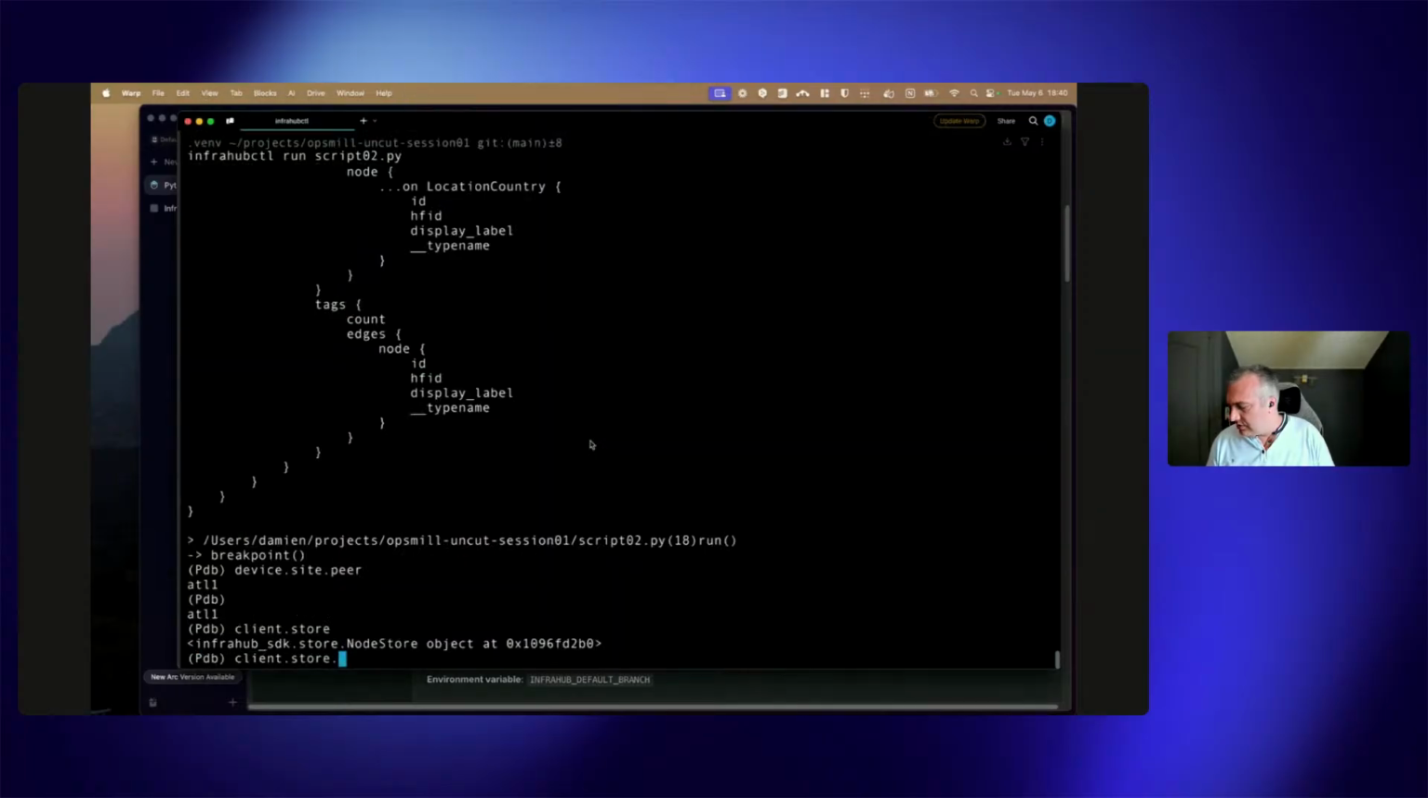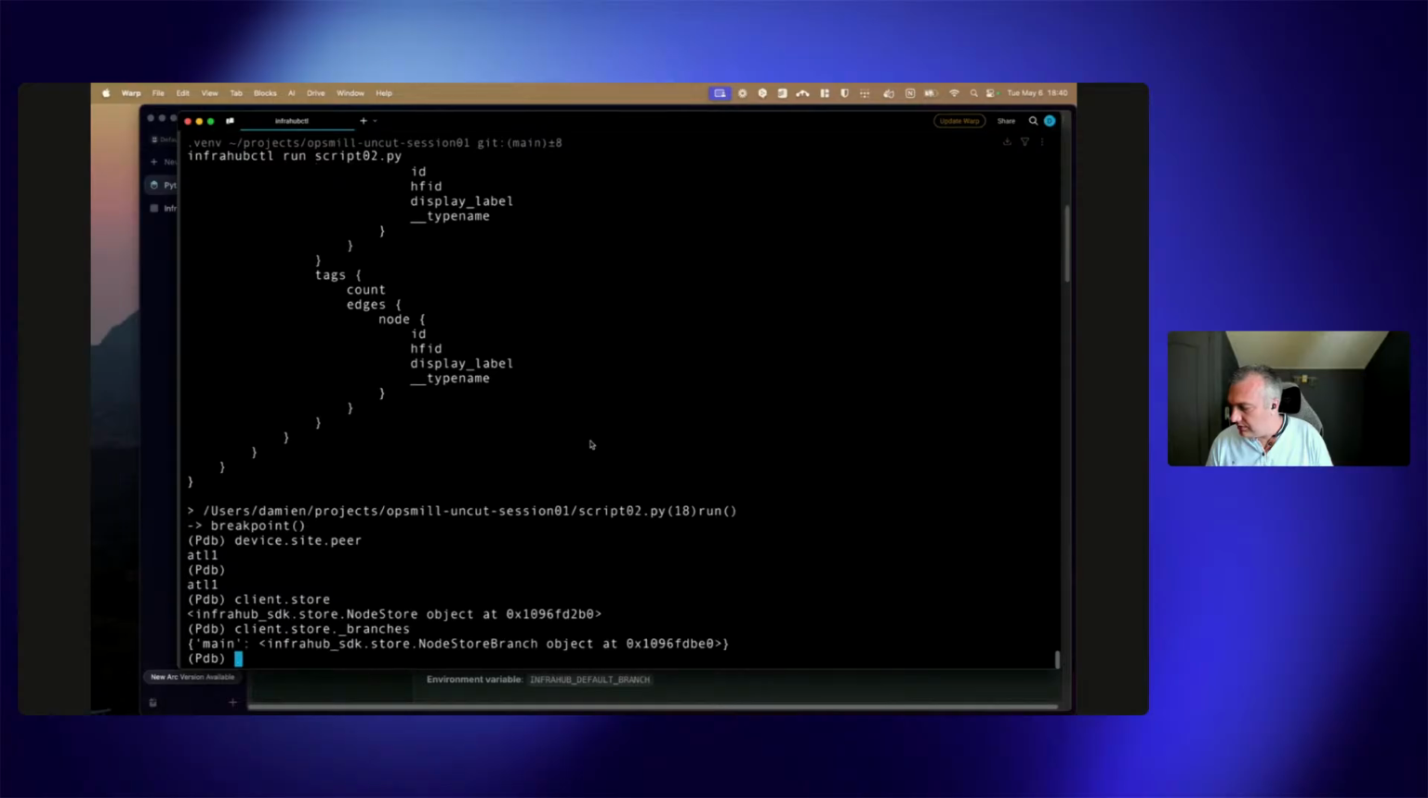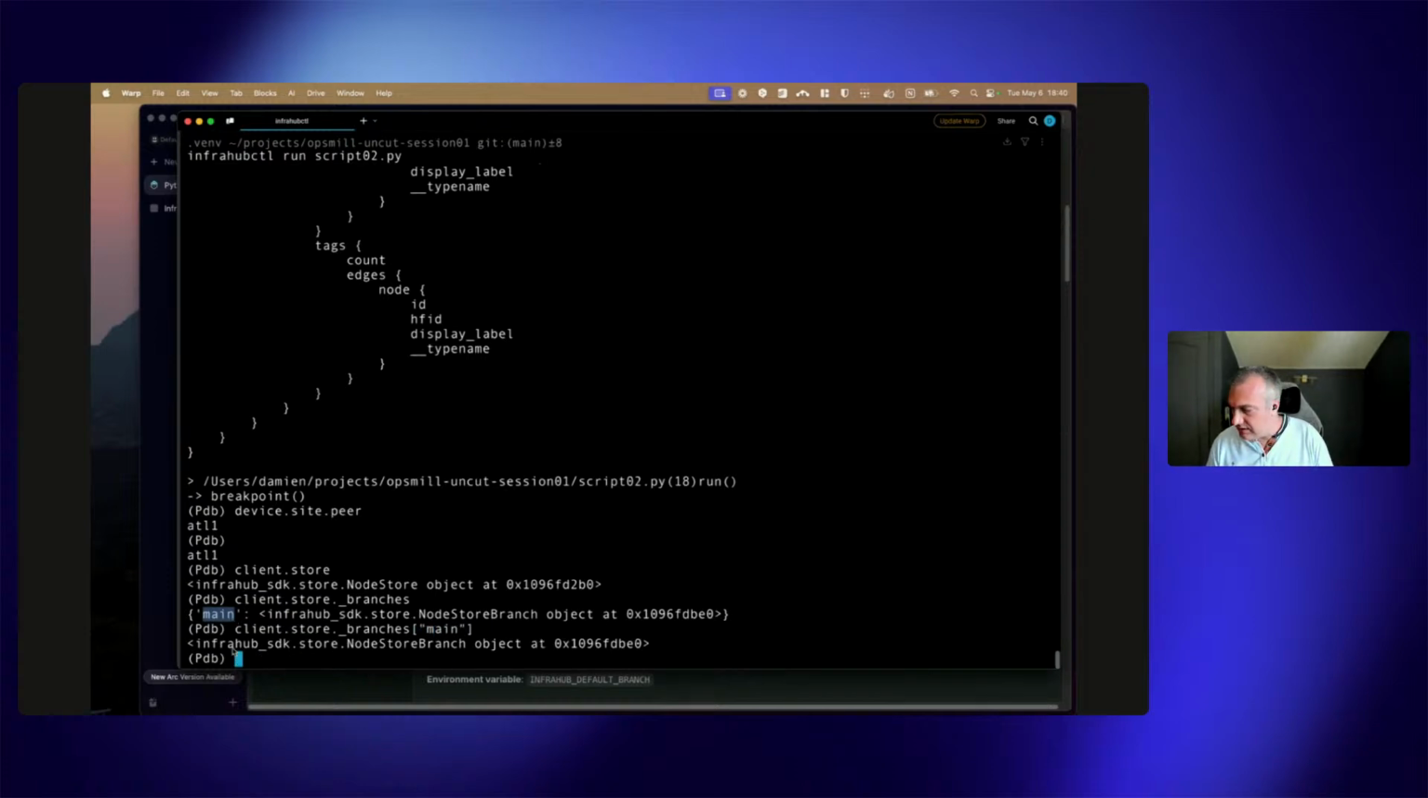Branches, that's the one. So here it's actually organized in branches, but if we see here, because we only create the main branch, we only have one store for the branch here. And so if we actually access that,